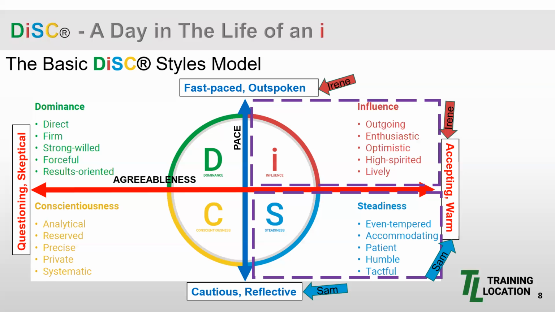So Irene exercises what I call stretch. The stretch needed to be more effective with an S style, and reminds herself to consider the following strategies. Use her upbeat, charismatic approach to get to know Sam as an individual. Show concern for Sam's feelings and encourage him to tell her when something is bothering him. Let Sam know how she shares their interest in working collaboratively.